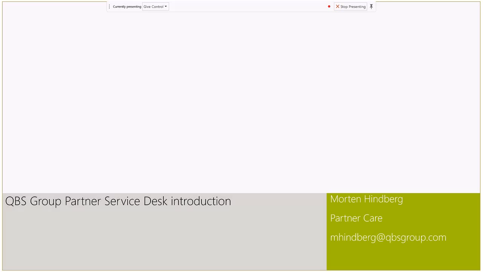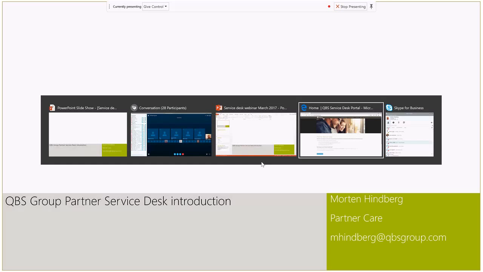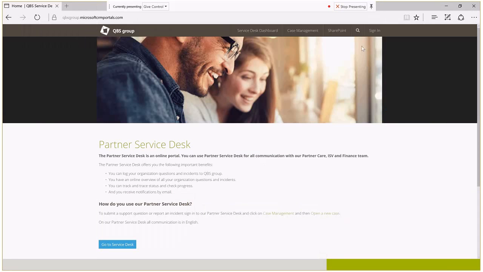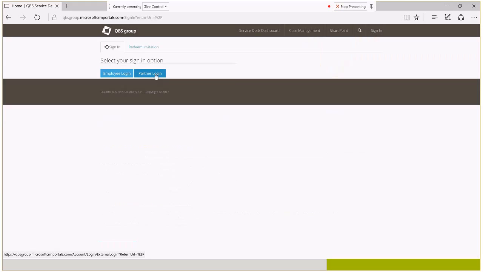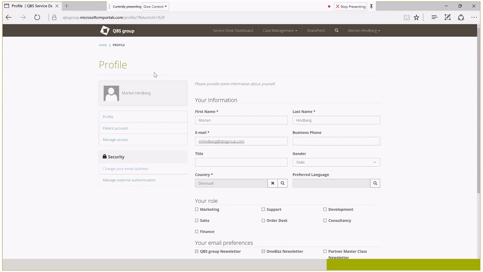Let me take you back to the tool. So this is the landing page where you start out. One of the new things with this system is that we're going to use your Live ID, so you have direct access to the system. So now I'm actually in the system. I can see my own profile here. I'll get back to that, but start by showing you